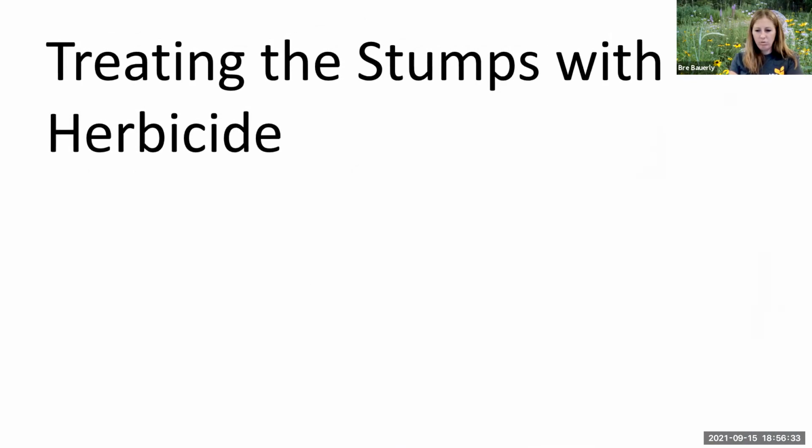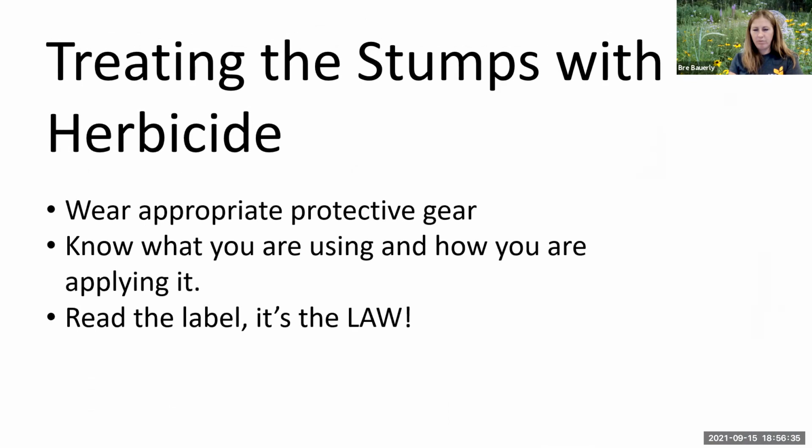Okay, so moving on to the topic of using herbicides and treating the stumps with herbicide. There's a lot to know about this, and I'm going to go through some other methods or alternative methods as well in a bit, but I just like to give some really good background on how to treat stumps and what you could use to do it in a low impact way. And I get a lot of questions about